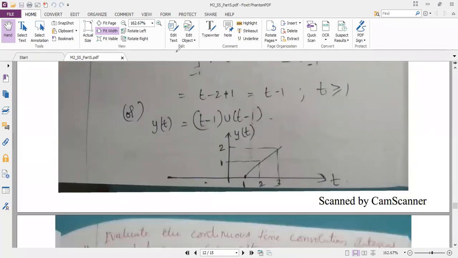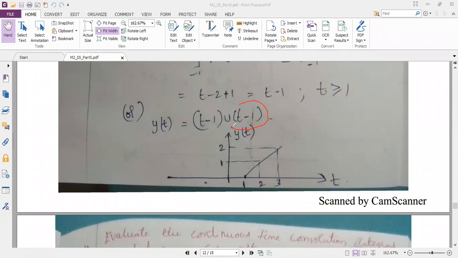Yes, ma'am. So now I told you t minus 1 with the t greater than or equal to 1 condition. Instead of writing the condition, we can write in unit step. So the condition says when t is greater than or equal to plus 1, I will get the output. So how to write that plus 1 in terms of unit step? If you write u of t minus 1, this minus 1 indicates my graph starts at plus 1. So the unit step signal starts at plus 1. So I will eliminate the condition t greater than or equal to 1 with u of t minus 1. You understood why it is u of t minus 1.